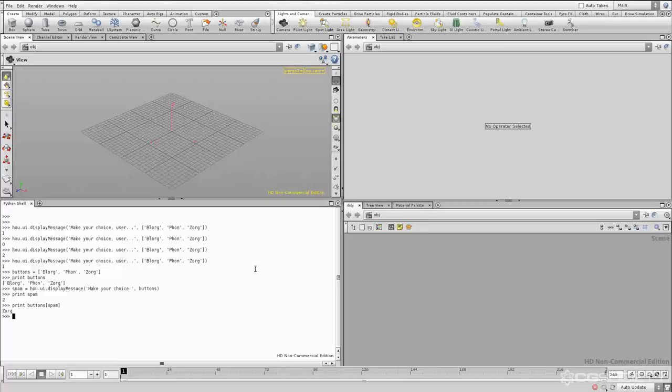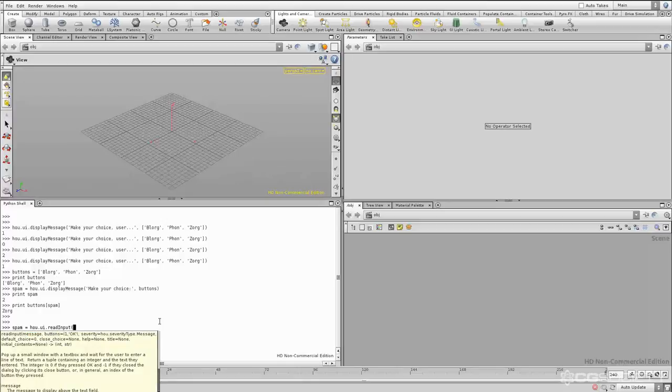If we want to read more complicated input from the user, there's another dialog that Houdini provides us with to do this. So what we can do is say spam equals, because it's just going to be returned from the dialog, hou.ui. And then if you scroll through there, or if I even just type read, you can see there's this read input dialog. So if I click on that, open parenthesis,